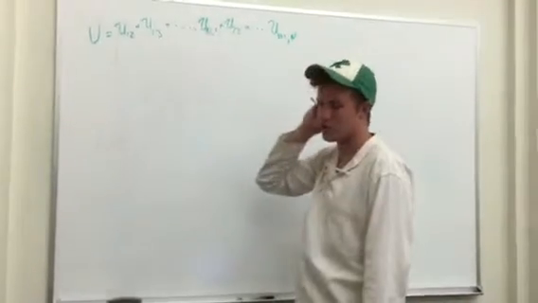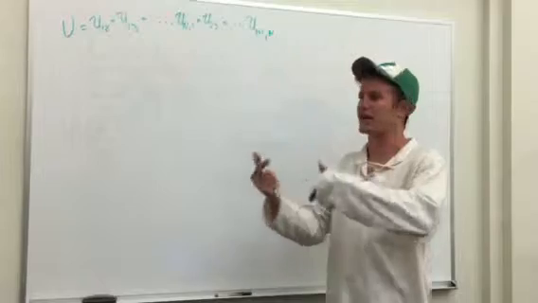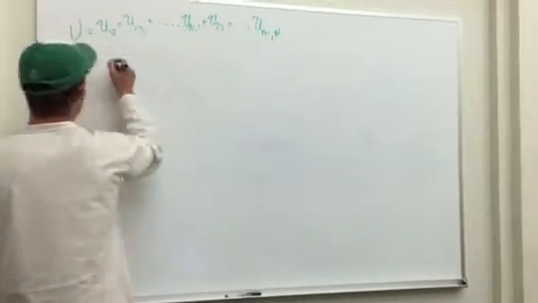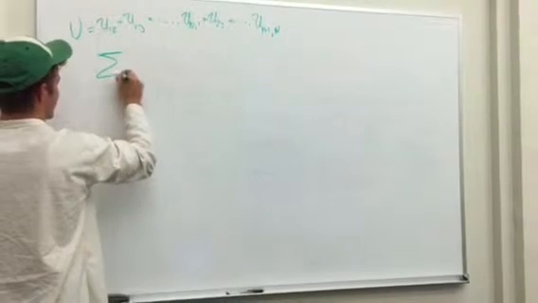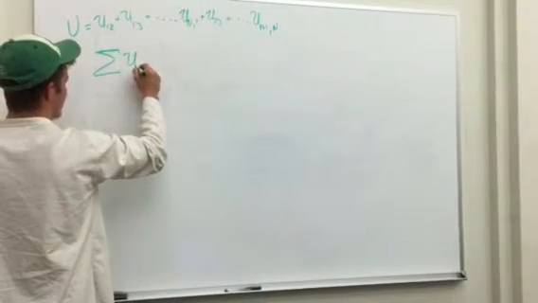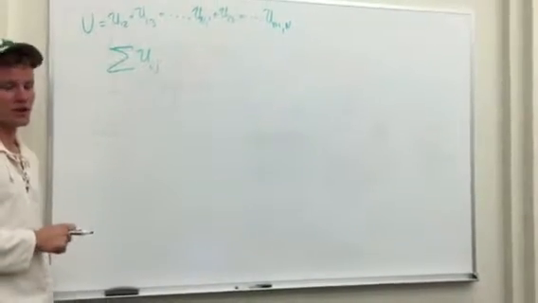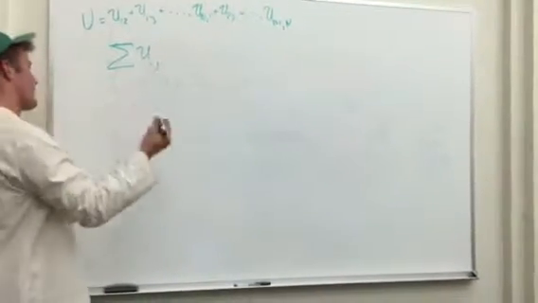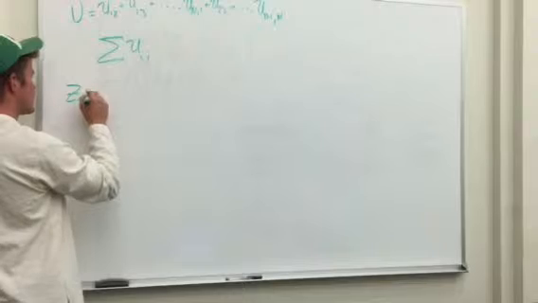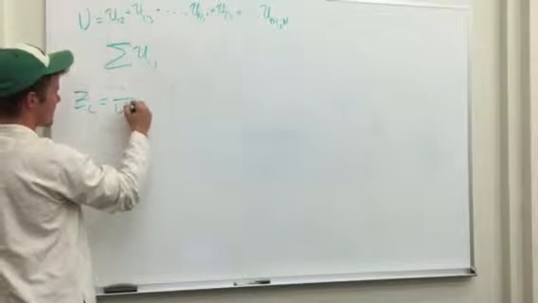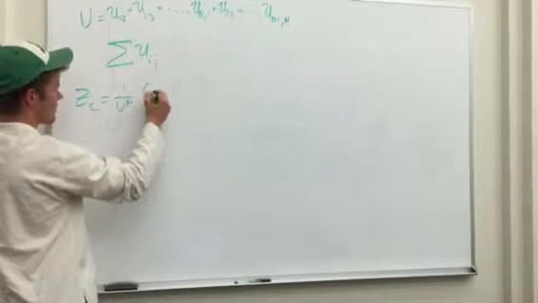So that would just give us the total potential between interacting pairs of particles, and then we could just say that's the summation of u i j, where i and j are just indices for the different particles that we have interacting. So then our Z_c eventually becomes 1 over V to the n, integral of